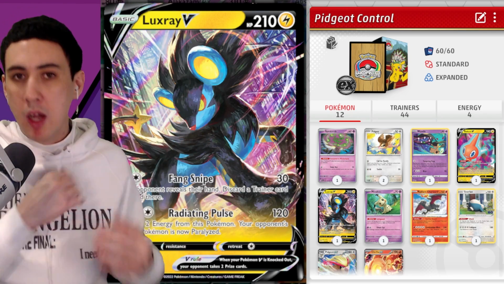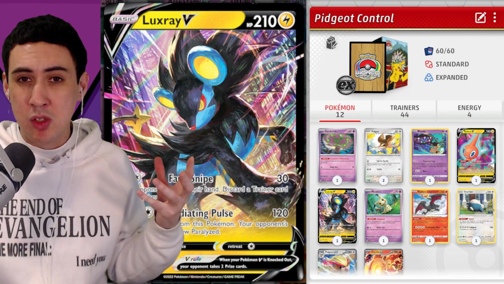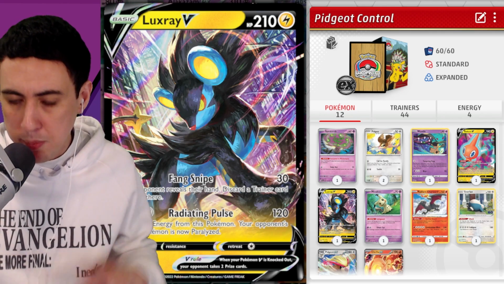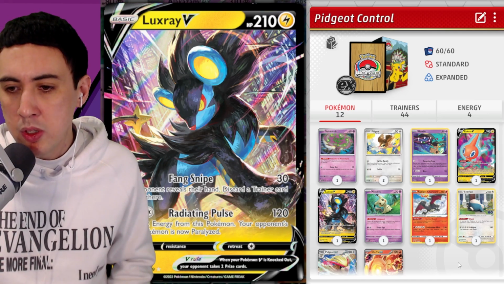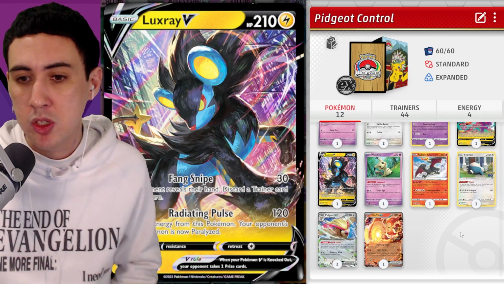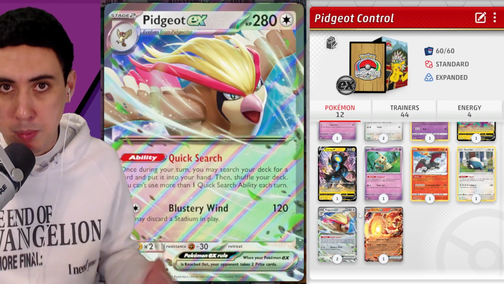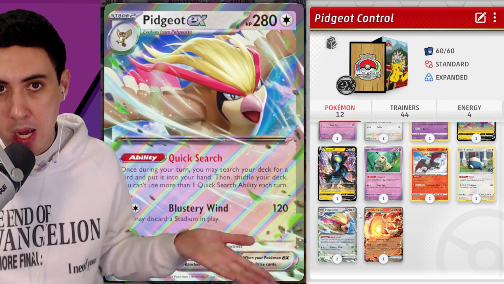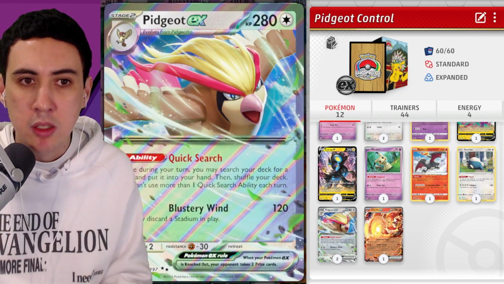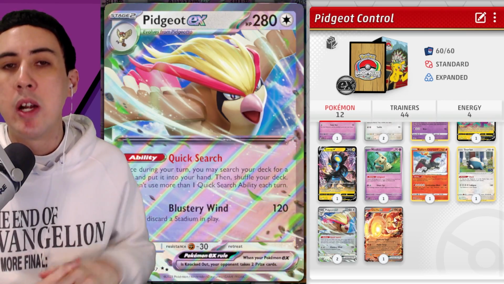Now, to step back a little bit, let's talk about what this deck is sort of hinging itself around and what it's trying to do. So, as I mentioned, it's a stall deck. The goal is not necessarily to take 6 prizes, although you can take 6 prizes with this version of Control. It relies heavily on the Pidgeot here. Quick Search, very powerful ability, allows you to search your deck for a card and put it into your hand every turn. And if you're playing a control strategy, being able to do that every turn is a very, very